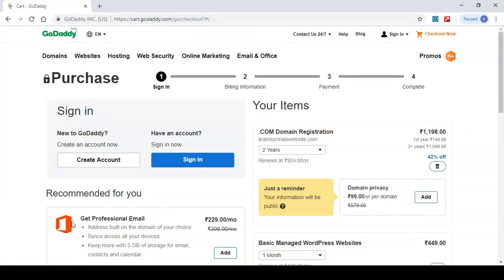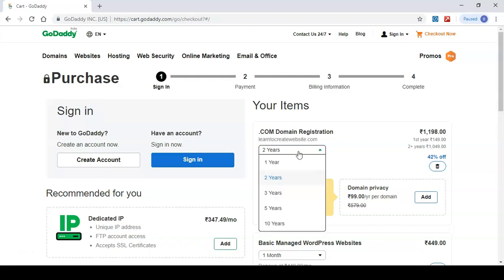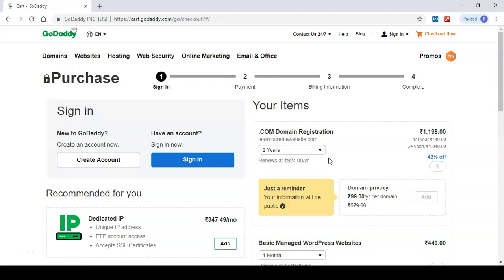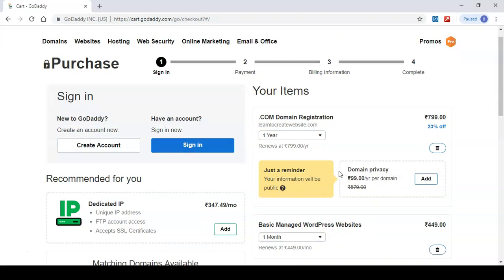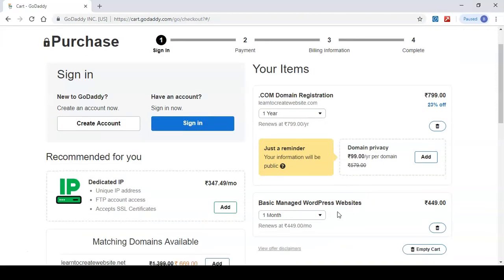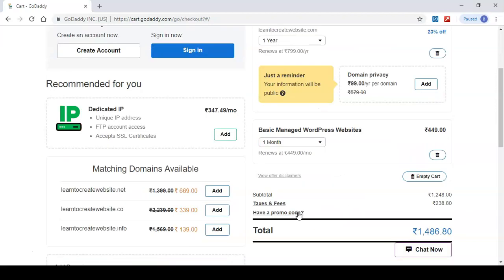This is our shopping cart. Let me change the domain name to 1 year. For domain, we cannot change the term to less than 1 year. 1 year is the minimum length term. And our hosting plan, Basic Managed WordPress website, is for 1 month. You can apply the promo code here if any is available. Currently a 30% off promo code is available.